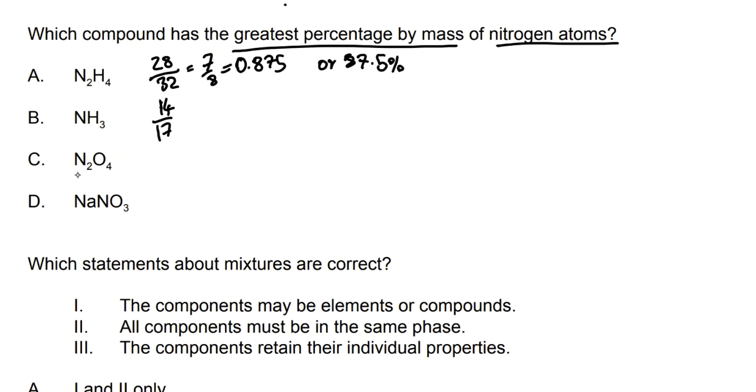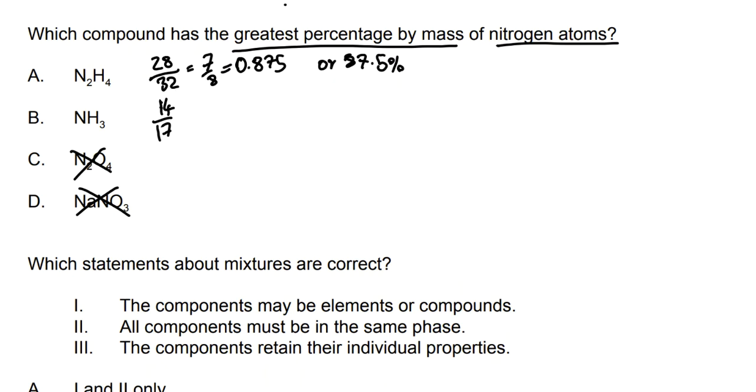I know that this is definitely not going to be it because for these two, we've had more than half the percentage mass being nitrogen, whereas for this one, we know that oxygen has a higher atomic mass than nitrogen, and the fact that we have more oxygen atoms in this molecule than nitrogen already tells me that the percentage by mass for nitrogen will be less than a half, so this one's not it. Again, for this question, we have much more non-nitrogen mass than nitrogen mass, so I can eliminate this option as well. From comparing these two options, it is safe to say that it's 14 over 17 and